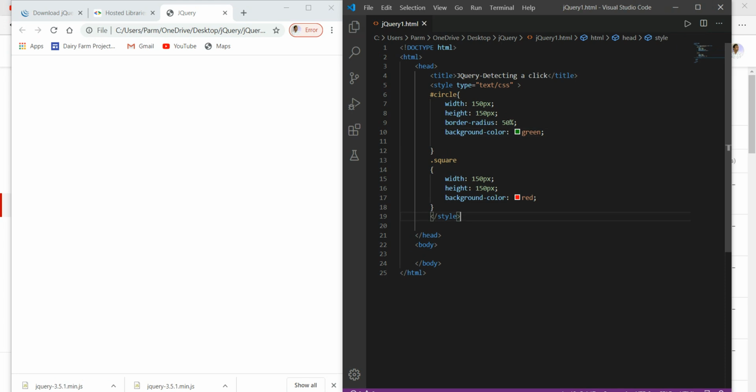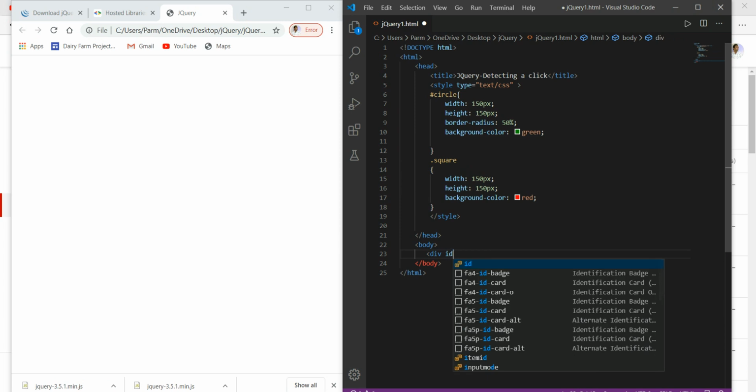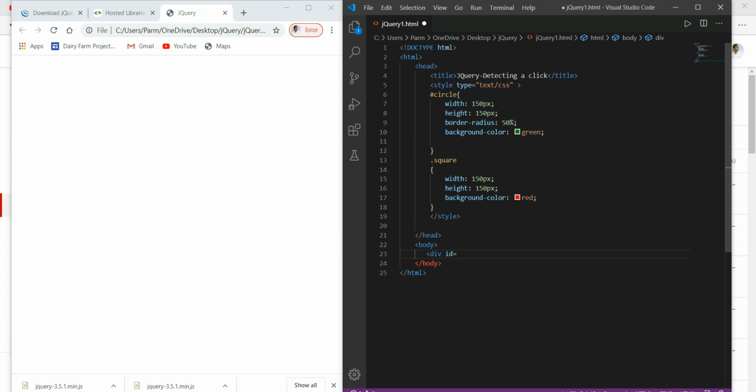Now save this, and in the body I'm writing here div. Then here I have to give the ID. For creating the circle I have to use the ID, and the ID here is circle.